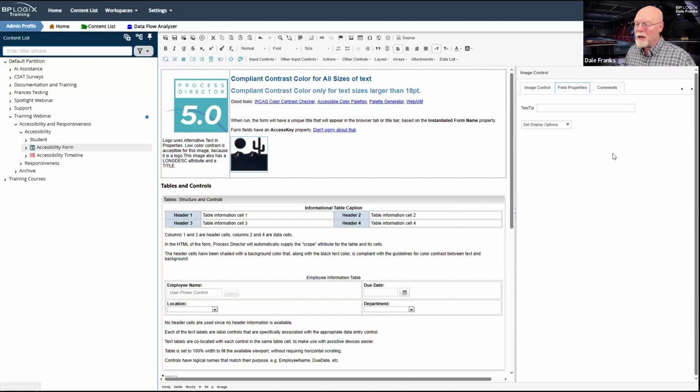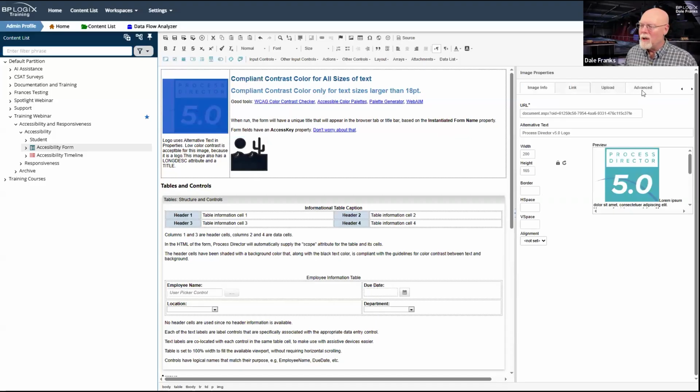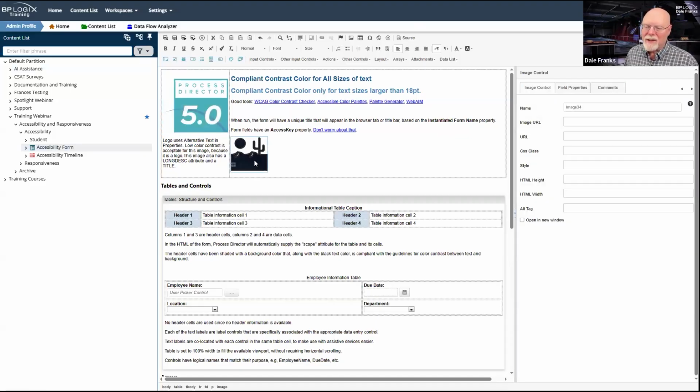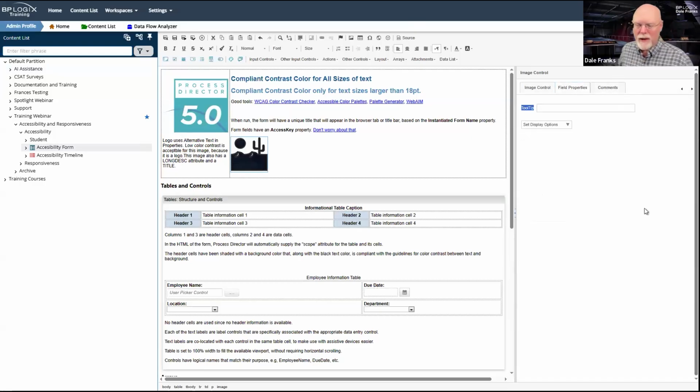And of course, it also has the field properties so that you can set the display image. And you can also set the tooltip. The tooltip is essentially the alternative description that we saw over here. The advisory title is the equivalent of the tooltip for the image control. So they are similar controls.